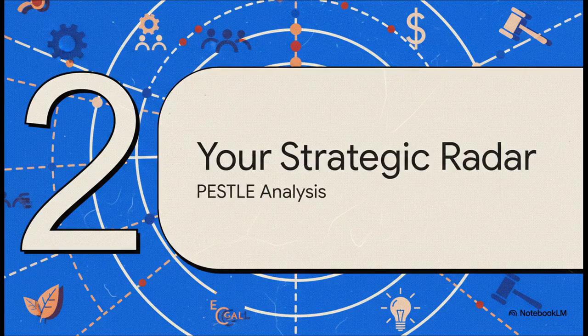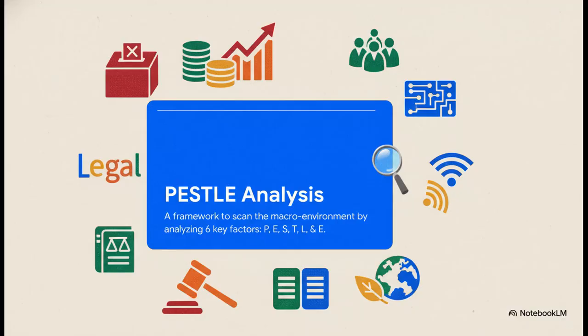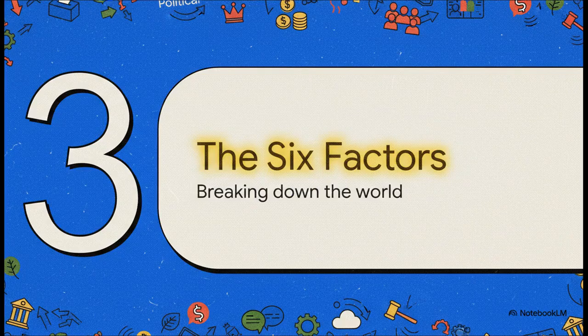Okay, so if you have to adapt to this giant uncontrollable environment, how in the world do you do it? Well, that brings us to PESTLE. Just think of it as your strategic radar. It's designed to help you systematically scan for and make sense of those powerful invisible forces. At its core, PESTLE is just an acronym. It stands for political, economic, social, technological, legal, and environmental. It's a really smart, structured way to make sure you're not missing any big changes happening out there that could slam into your organization.